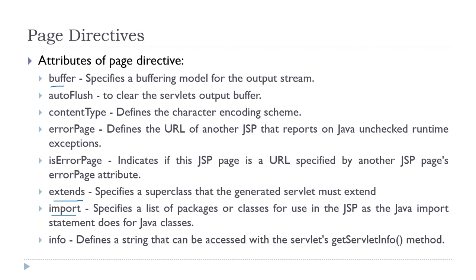We also have an attribute named info, which contains a string, and this string will contain the description of our servlet. It works the same as the getServletInfo method of the servlet. Internally, when we are setting this info, we are actually setting the information of the servlet, the description. And when we call the getServletInfo method, we will get this same string that we have set.